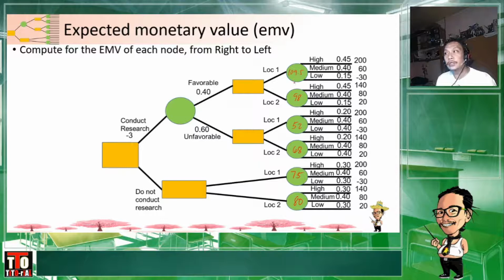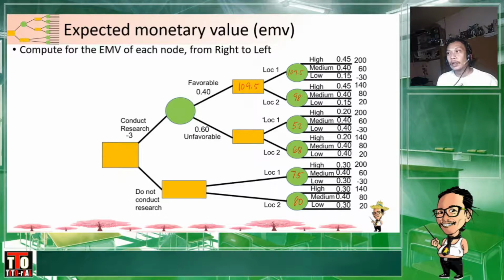Now, there are some decision tree na ang payoff nila instead of profit or sales is cost or expenses. Now, pagka cost or expenses naman, syempre, ang mas gugustuhin natin is yung lower value. Okay? Now, since ito ay sales, and we have to choose between location 1 and location 2, pipiliin natin si location 1. Pero hindi natin lalagay dito sa decision node dito is location 1. What we will write here is the expected monetary value for location 1, and that is 109.5.